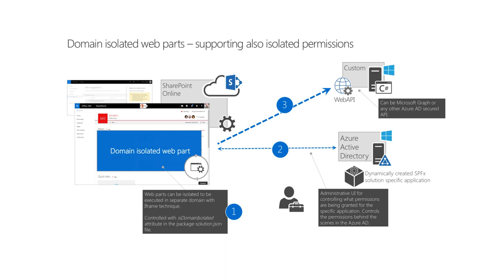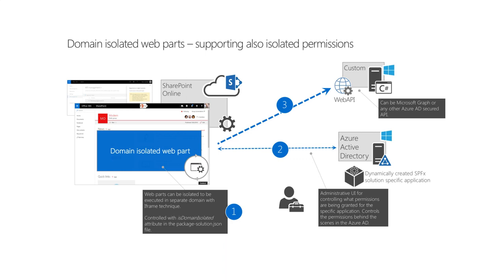All right, so the next thing we have in the huge list of things that are new in SharePoint Framework 1.8 is domain isolated web parts. And this is a wonderfully complex diagram that Microsoft has provided that explains a little bit about the use case and how you're going to configure this. Honestly, I don't think this is a good demo to do in this video. We already have so much stuff to cover in this video because 1.8 is just chock full of good stuff,